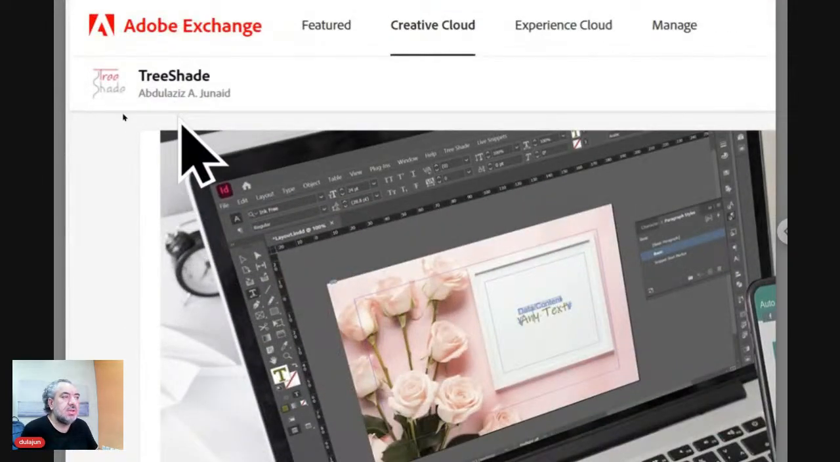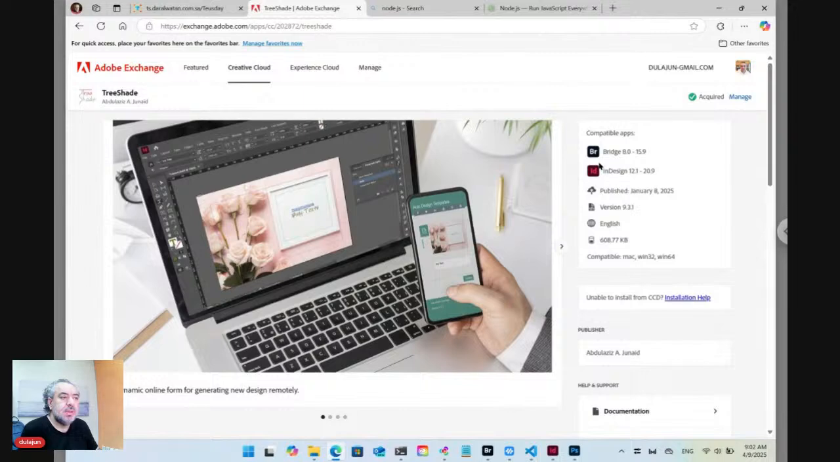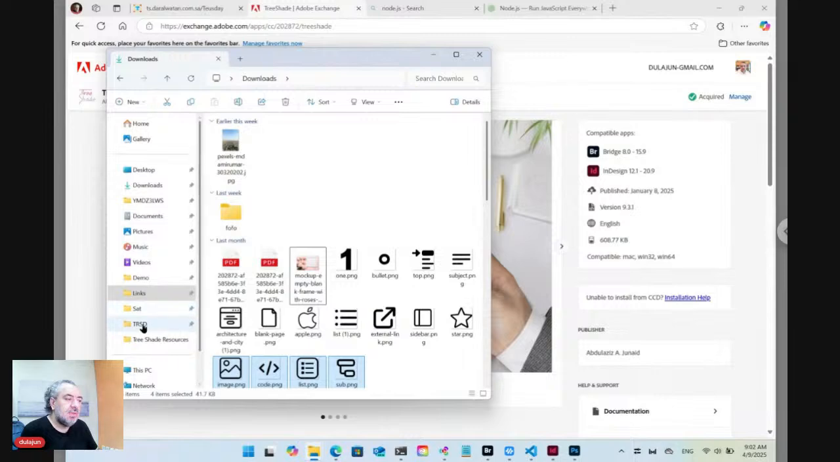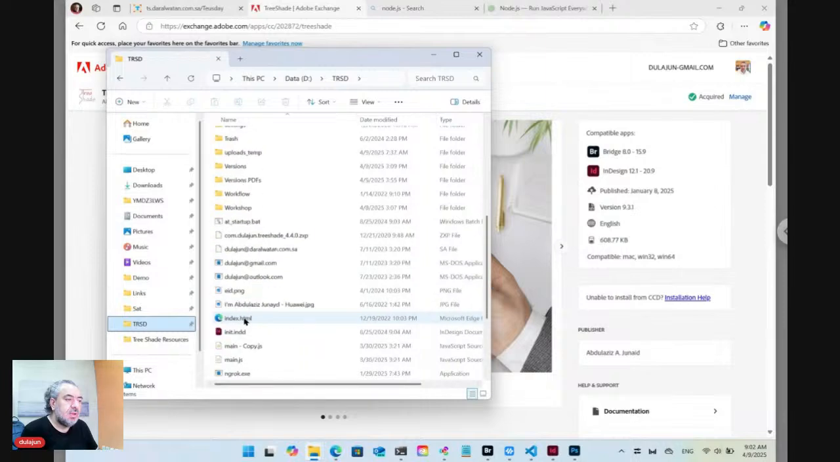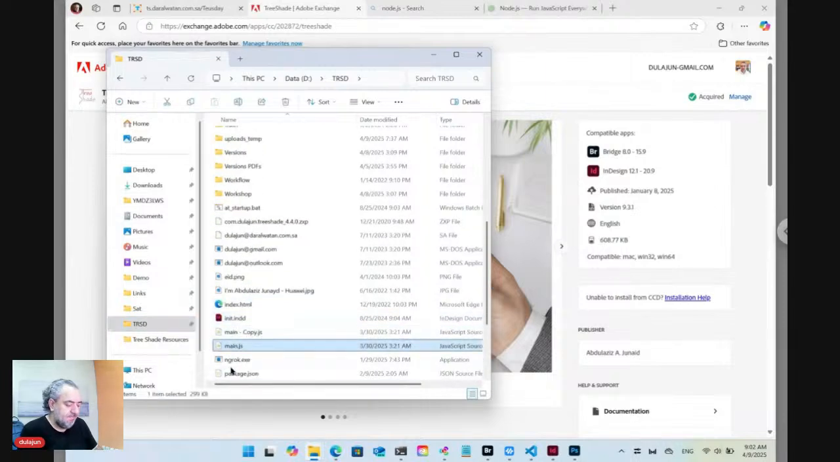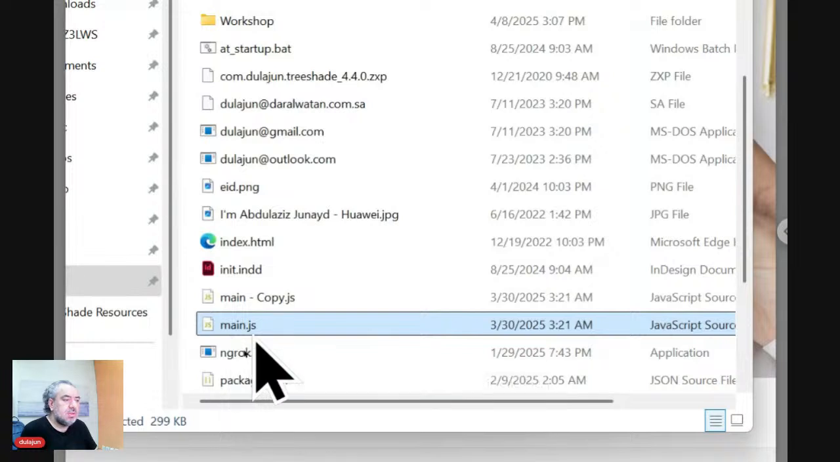Treeshade software is an extension for Adobe InDesign and Adobe Bridge, and it also plays as a content management system. It has a local server, because after installing Treeshade you will have a Node.js file inside the root folder. This file called main.js executes as a Node.js server,